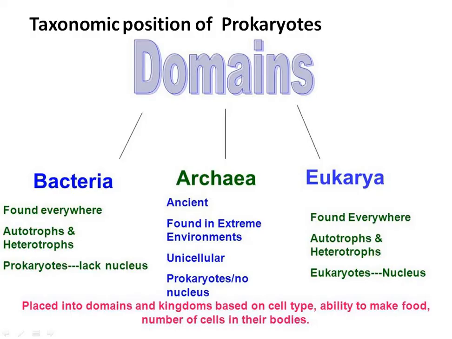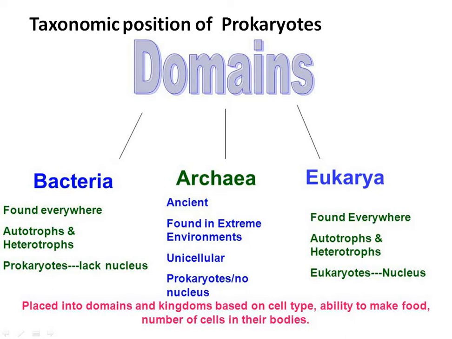Nowadays, all organisms are divided into 3 domains: bacteria, archaea, and eukarya. Now, what is domain? Domain is the highest rank in taxonomy or in classification. It is a level higher than kingdom. Bacteria, archaea, and eukarya are classified on the basis of structure of cell and the genes that code ribosomal RNA. Bacteria and archaea both are